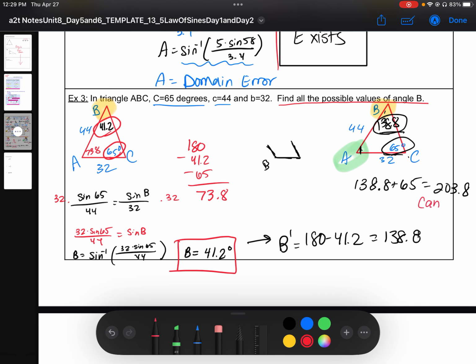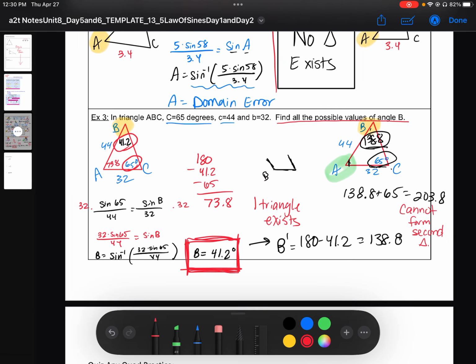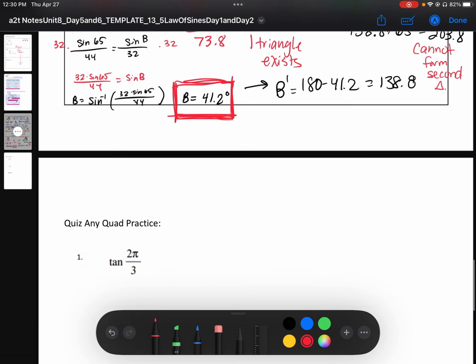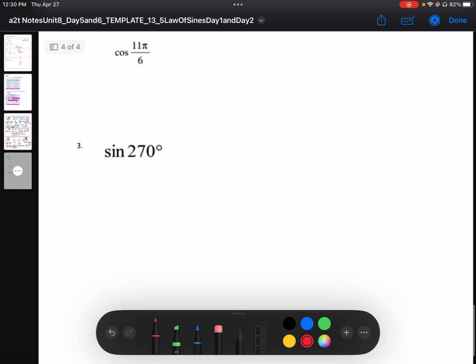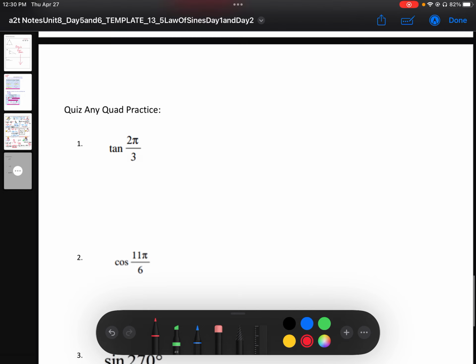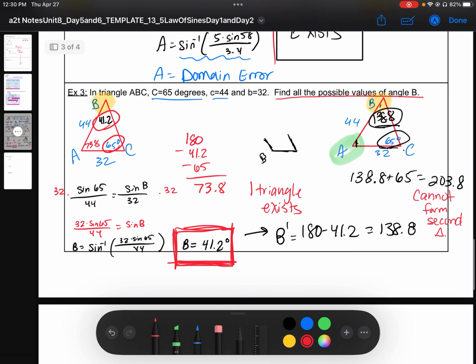So it cannot form a second triangle. However, one triangle does exist. So we would just have one answer here, 41.2. Okay. On the next page, you have some trig practice. Let's go ahead and practice this a little bit as your in-class practice, and then